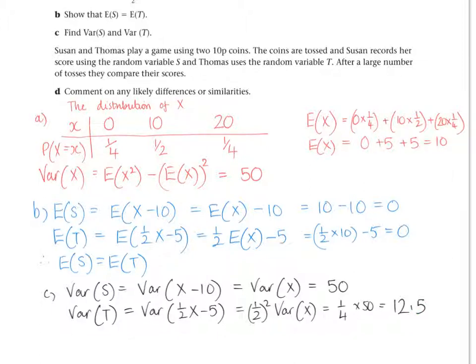So let's put that into an explanation. So the total scores should both be approximately 0,